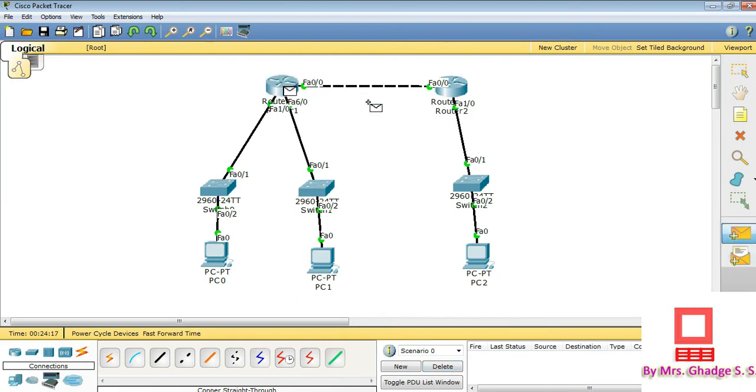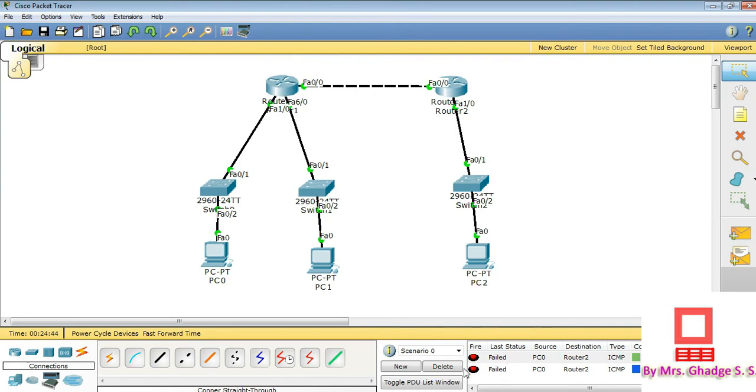If you check from router 1 to router 2, it will show failed. Again we have to check it, and it will show successful. So there is only a direct connection. If you go from PC0 to router 2, there will not be any connectivity. It will show the message failed.